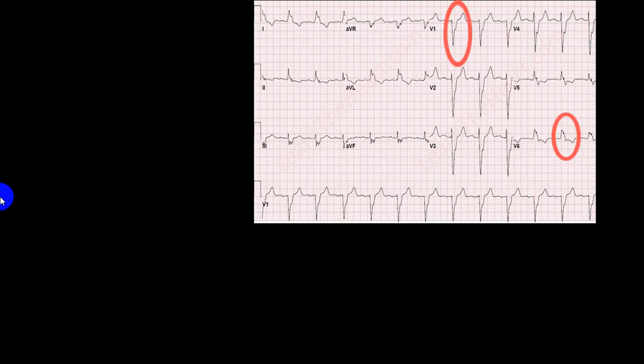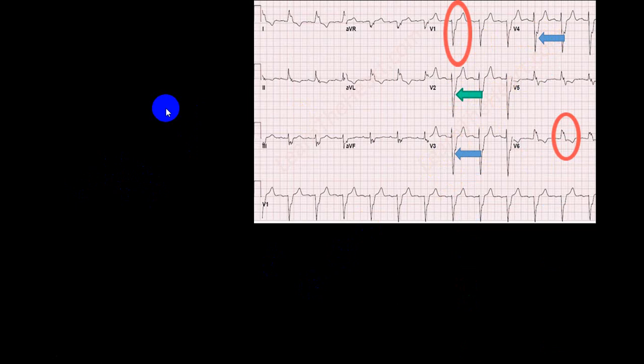Yes, this is showing you a left bundle branch block pattern. If you see in lead 1, aVL, V5, V6, there is an RS, R dash pattern. The R is taller than the second R. Is it clear? And there is a negative wave here. Now if you look at the other part, these three arrows, there is a notch.